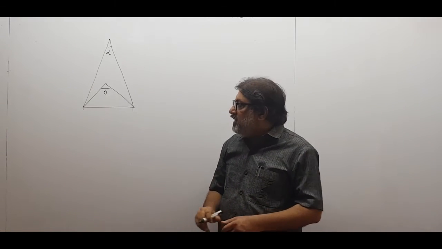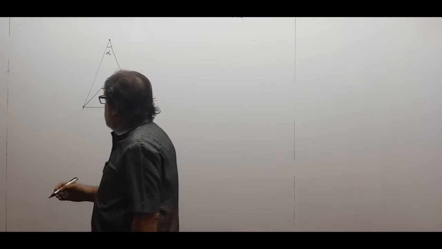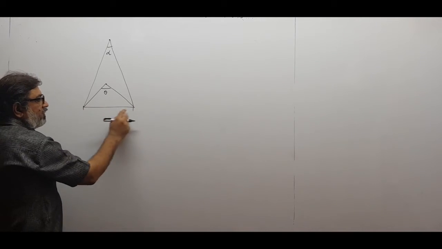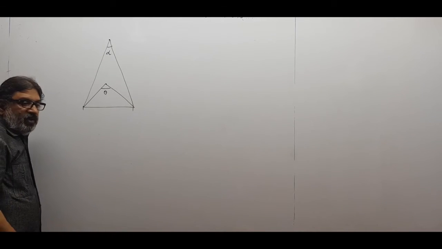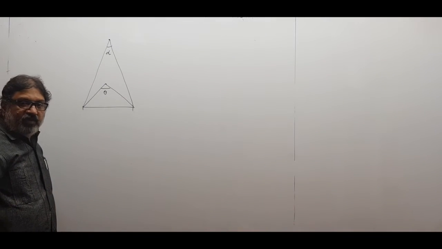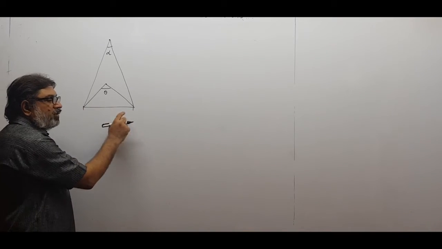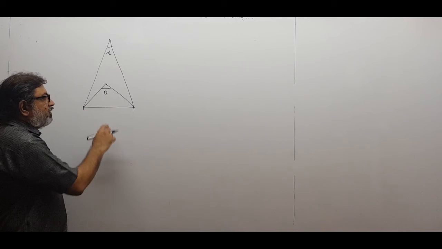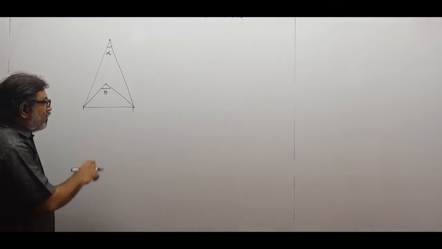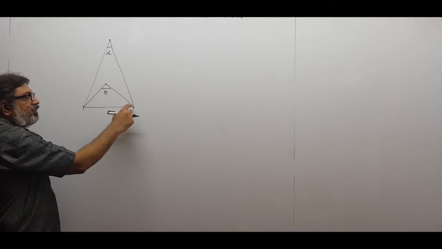Now in time delta t, you will cross from this point to this point. So you think that earlier you were seeing from here and now you have reached over here. You have crossed the distance of the window. So instead of thinking that the tree is moving, you think that you are moving from here to here. It is one and the same thing. So as the width of the window is covered, you will see this angle theta made by the tree with you. When you are here, the tree appears to be at this side, and when you reach here, the tree appears to be over here.